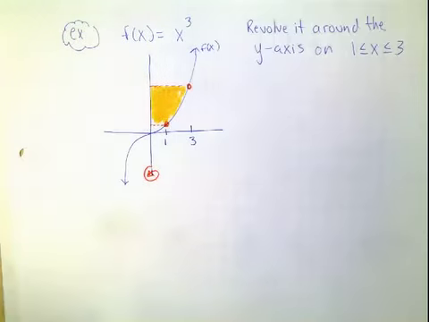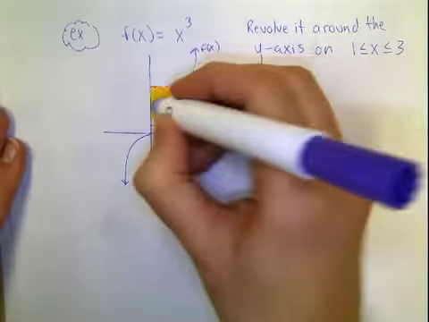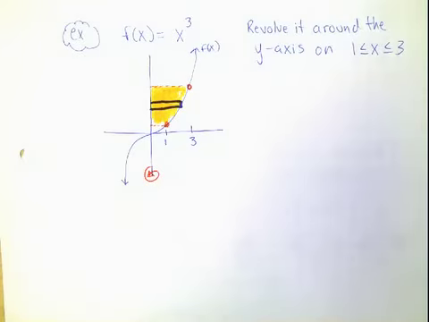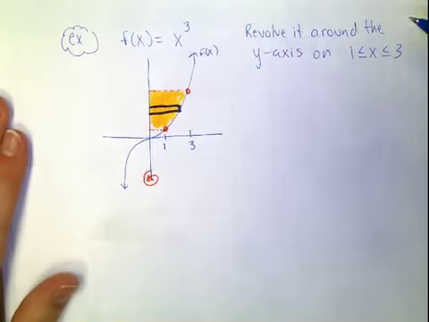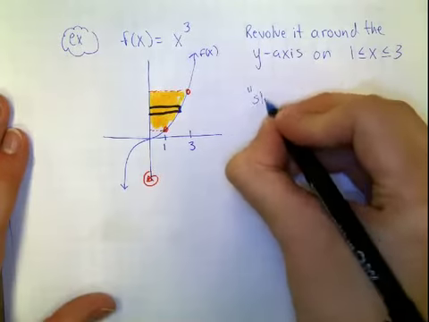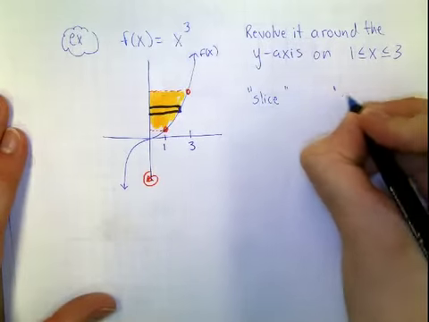So here's my shading. If I'm going to spin that thing around the y-axis, I'm going to turn my rectangle the other direction. I'm going to turn it this way, which means I'm going to be forming a disk, definitely, but it's going to be in terms of the y-axis. So this is step 1. Sketch it, shade it, draw the rectangle, label everything. Now I'm going to draw my slice and my solid